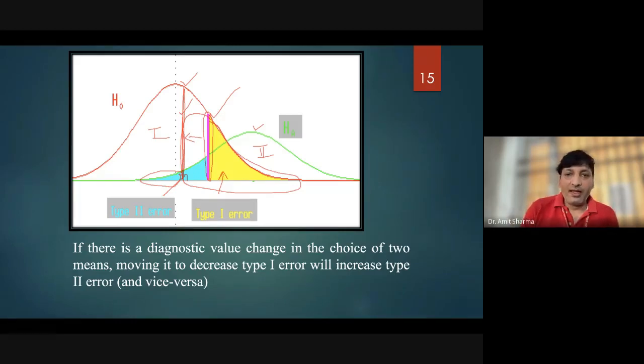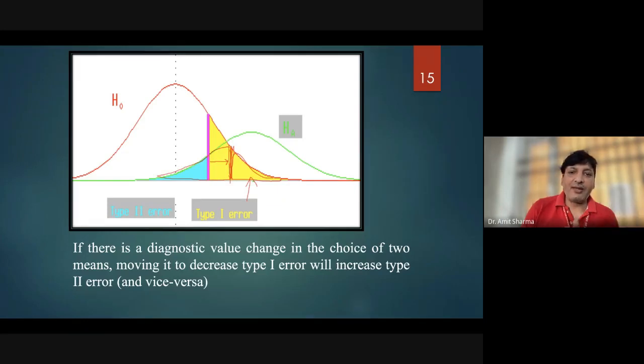What it means, for example, if I move this pink line a little bit more to the right side. If it is here, if I have moved from this side to this side, now it is here. Clear? What it means is that now the area for the yellow color will be this much. That means type 1 error has been reduced, but type 2 error has been increased. So as you increase or decrease one type of error, it is going to affect the other kind. So it's always vice versa.